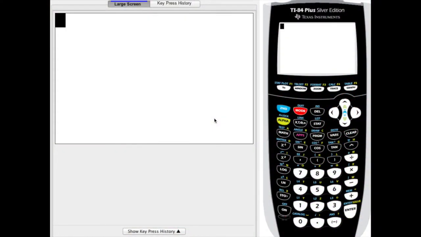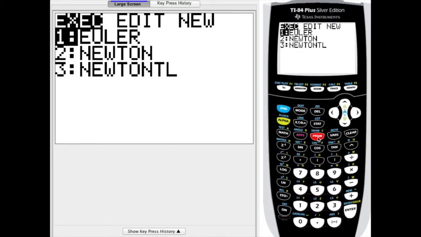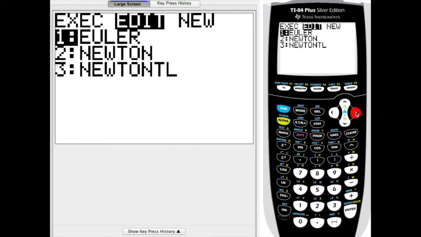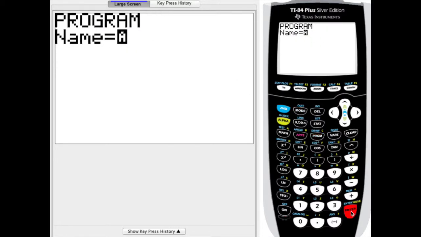Okay, we're going to program the TI-8X to do the quadratic formula. Press program, right arrow to new. We have 8 characters to name it. It's in alphabetical mode, so I'm going to go